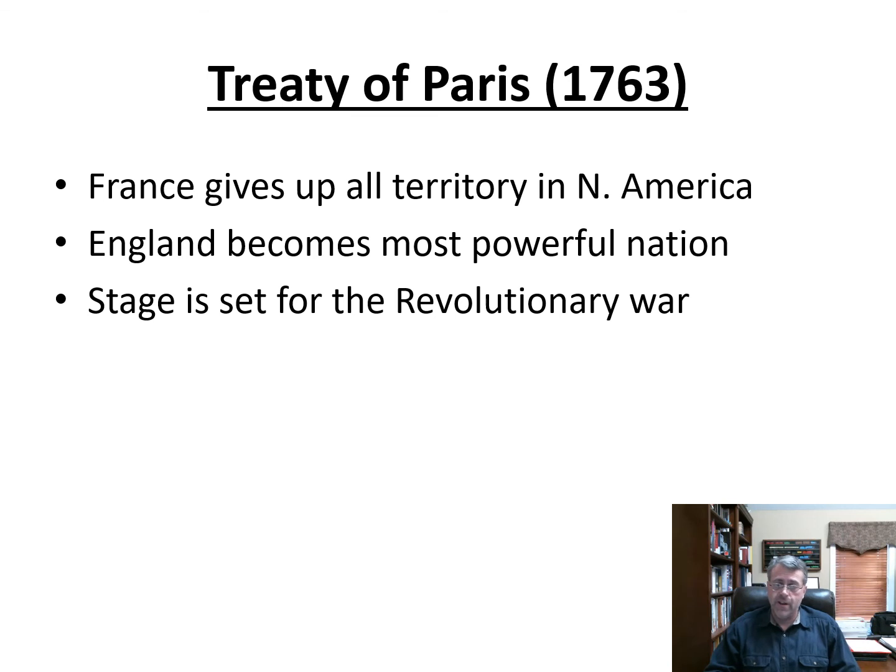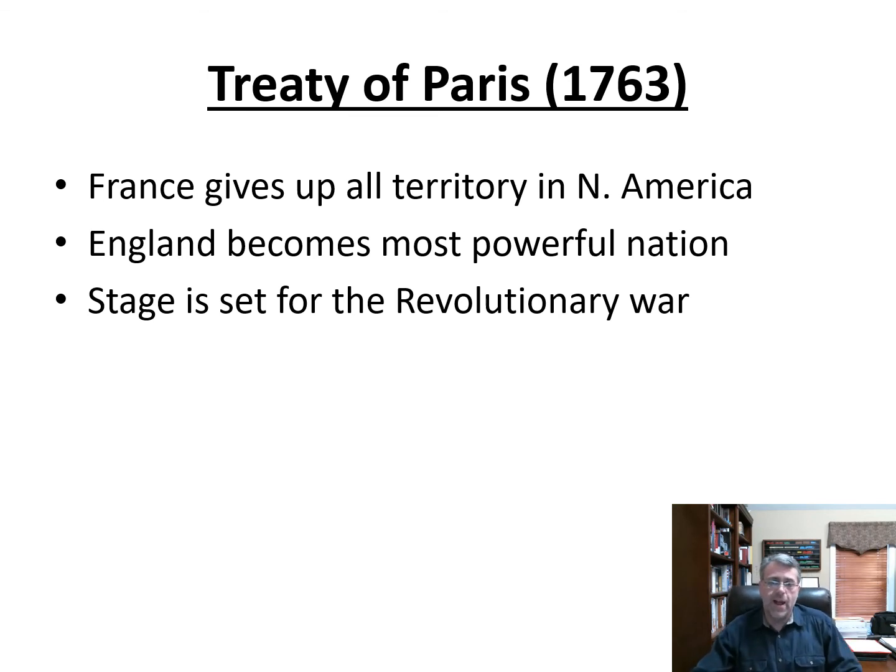Yes, England's control in Europe is complete, but in order to maintain that control, they're going to have to maintain a large army and a large navy. Same thing in North America. While England is now the dominant force in North America, if they want to stay that way, they're going to have to put forth a lot of effort to maintain it, to control that territory. You saw the map, how much territory that they now claim. It's going to take a lot of effort, a lot of resources to control that territory, specifically military resources.